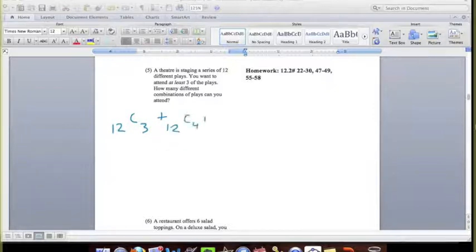So then 4, 5, so on and so on, until we get all the way to choosing all 12. That's a lot of stuff to type in. Okay? So that's one way to go about the problem, but there's a whole lot of button pushing to do there. So another option for this problem